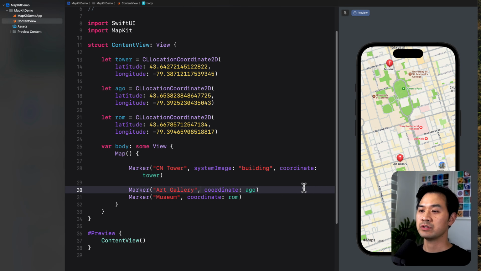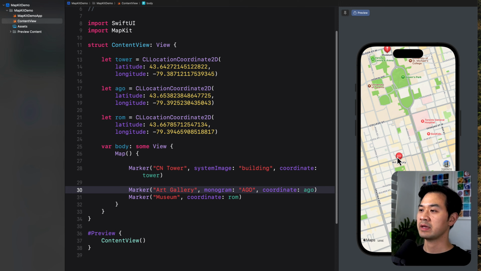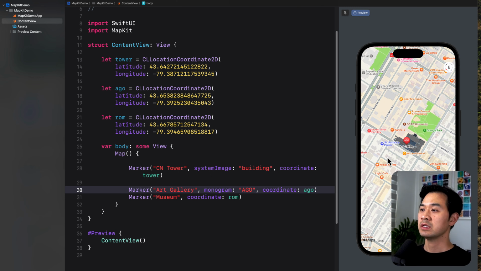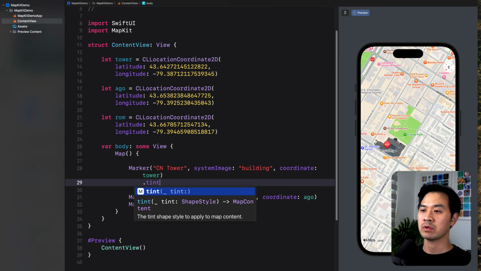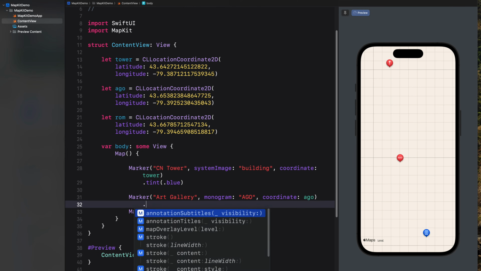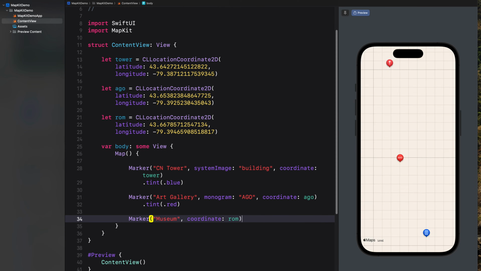The other thing you can do is you can use a monogram, which takes up to 3 letters. So now I can display AGO instead if I wanted to. So those are a couple of options. You can also change the color. So for the tower, let's say I want this to be blue. For the art gallery, I want that to be red. And then for the museum,